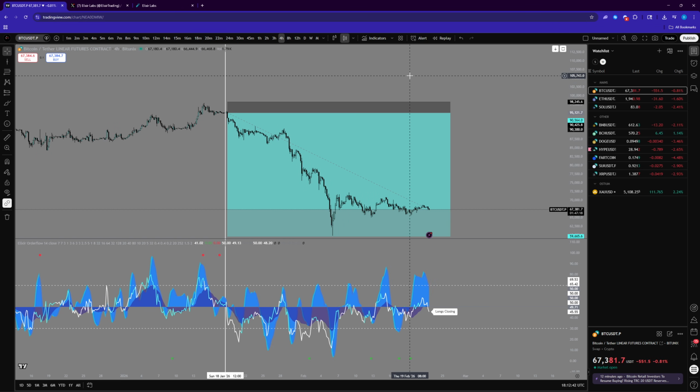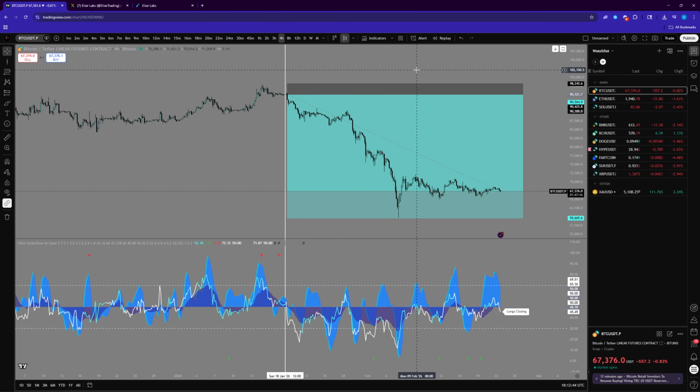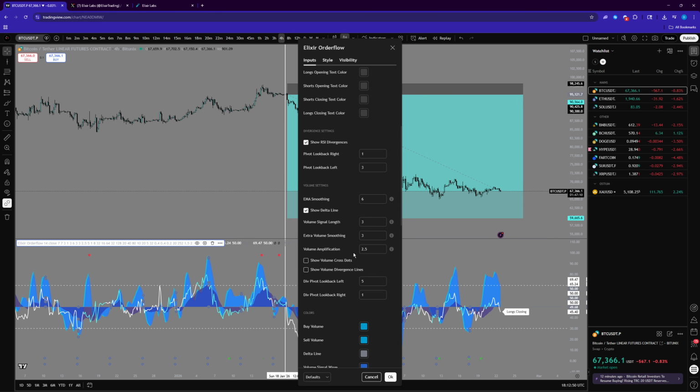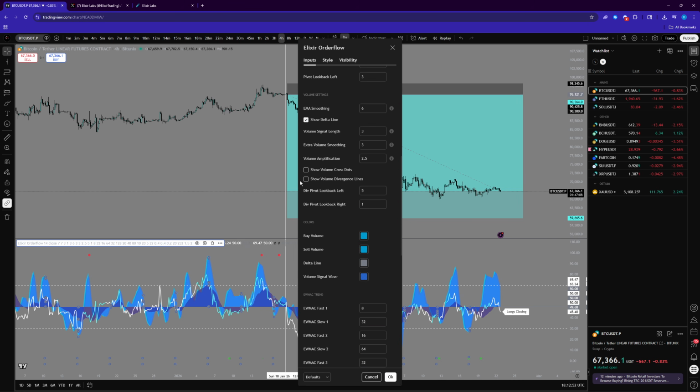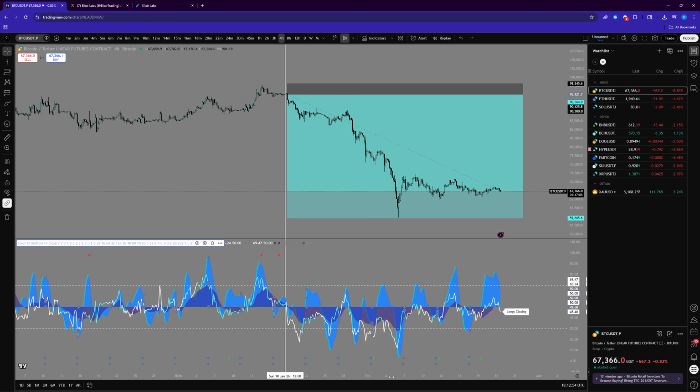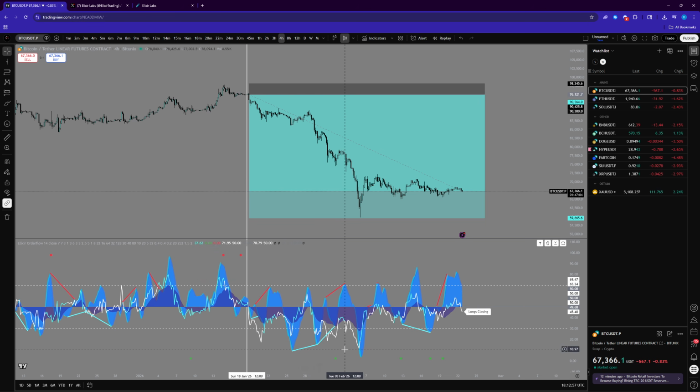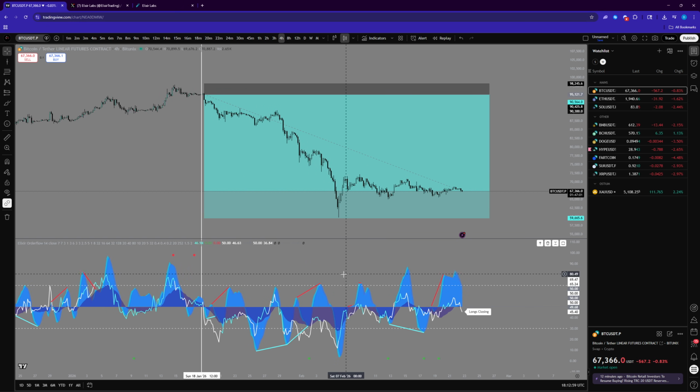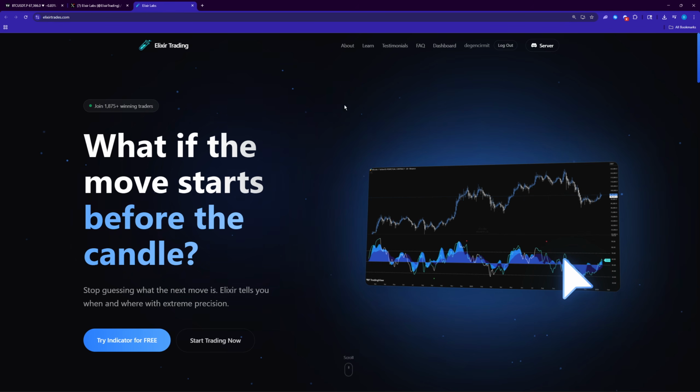So, you know, you can play around with however you want it. You can play around with the strategy. There's also an option for divergence lines right here, show volume divergence lines. So pretty much you can play off these, and you can create your own strategy, or you can follow mine, or you can go on